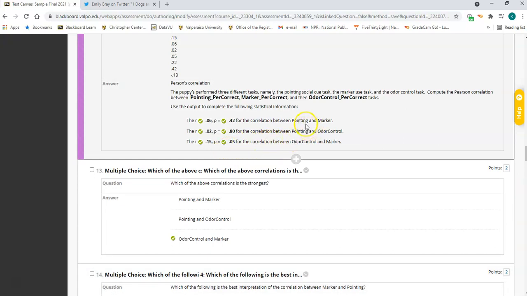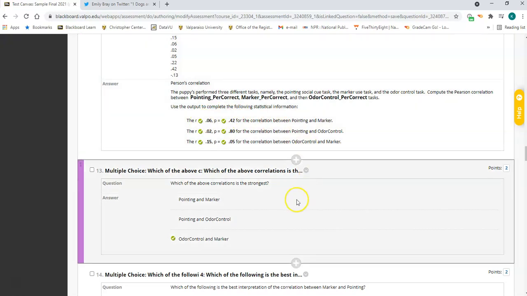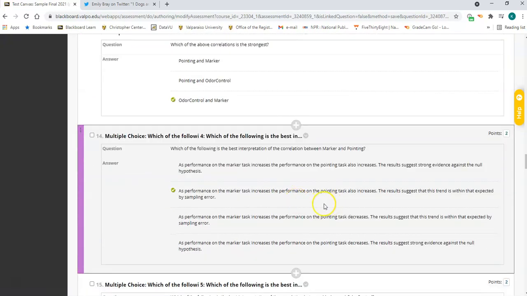Which of the following is the best interpretation of the correlation between marker and pointing? So pointing and marker right here, it's a 0.06 is the correlation, and the p-value is 0.4. That is a very high p-value. The R is very close to 0. This is very consistent with the null hypothesis, so we want to say something like that, and that's what this says. As the performance on the marker task increases, the performance on the pointing task increases. That's just because the correlation was positive,